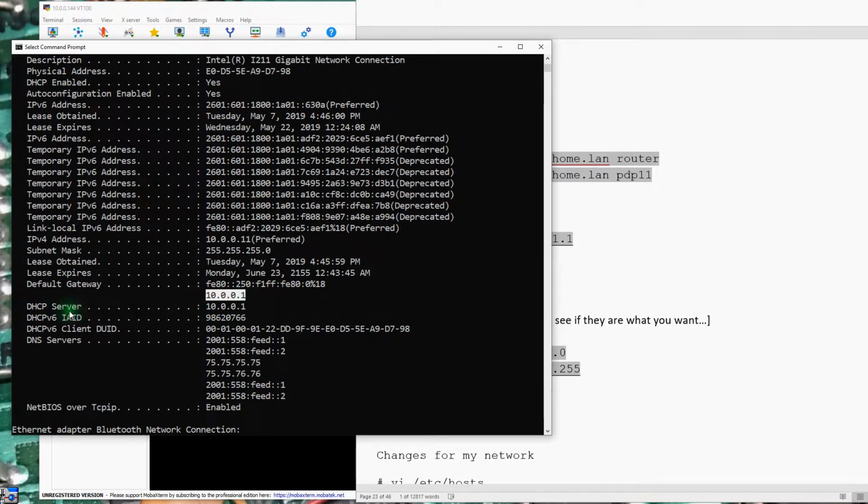DHCP doesn't come into use here, so we don't want to worry about that. The other thing we need to know are the DNS servers that are being talked to, and in this case my ISP is providing me those 2 addresses for DNS lookup. DNS lookup is what takes, if you go to